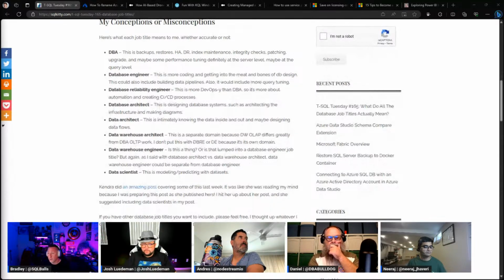But this invitation is out there. If you are looking for a way to get involved in the Azure Data community, if you are a blogger and you're going, hey, I want to get involved but I don't know how, this is a wonderful thing. All you have to do is put your post together, post it on the internet, and then go to the comments of Josephine's blog and put in the link, and she will write a wrap-up blog with everybody in there. It is a wonderful, very easy way to dip your toes in the water of participating in the Azure Data community if you are a creator.